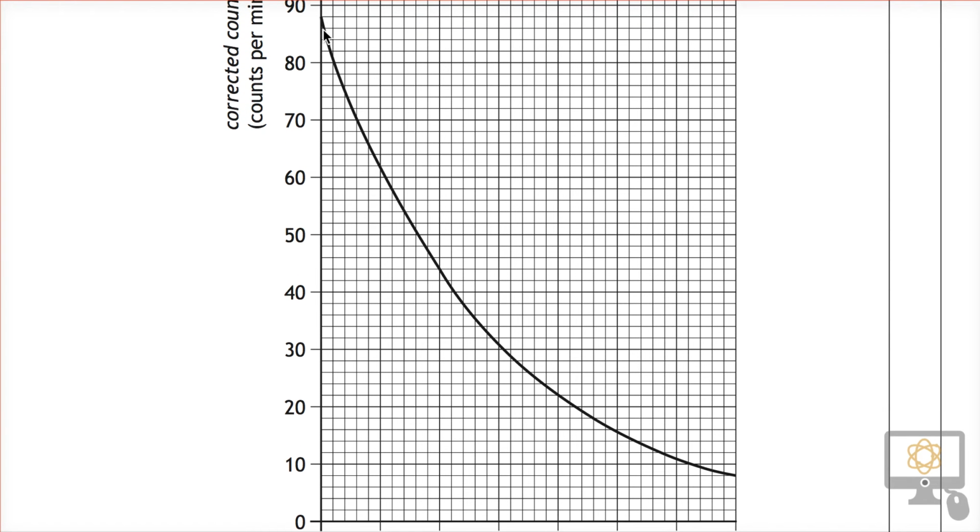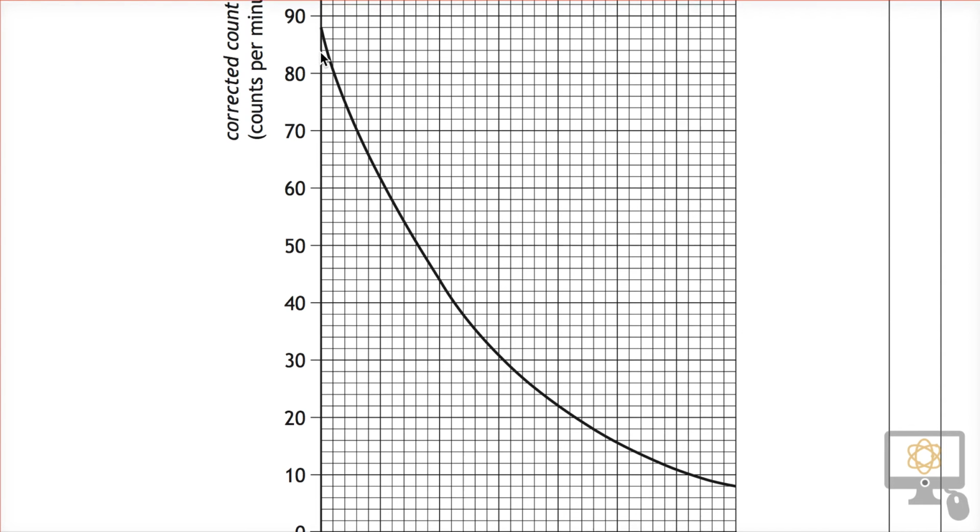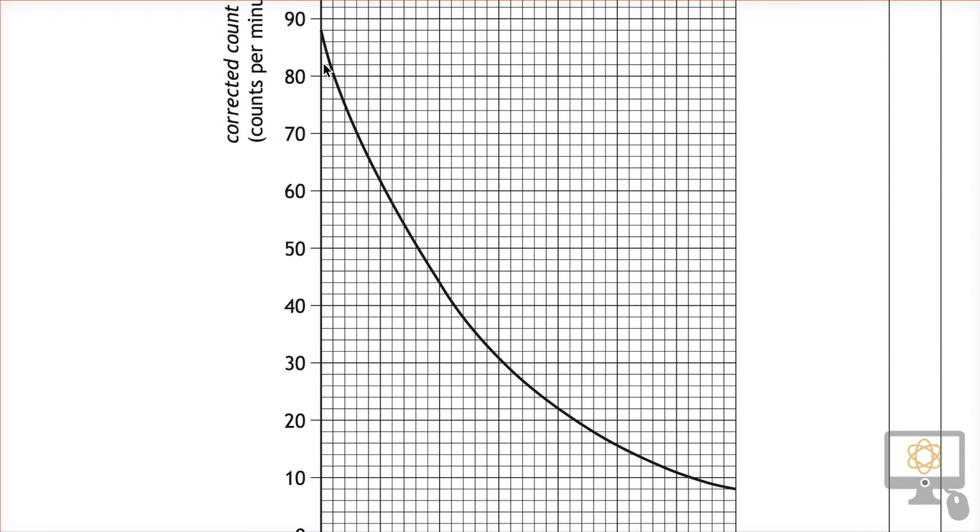this value here, which is exactly 2, 4, 6, 8, so that's 88 is the corrected count rate, counts per minute. And so we want to determine the half-life, and the best way to do this is to figure out what is the half of 88. So if we go down here, the half of 88 is 44, and so what we can do is we